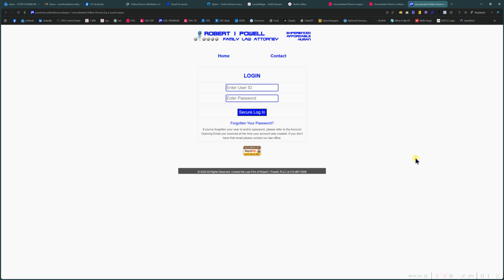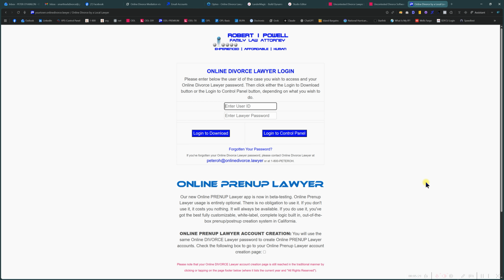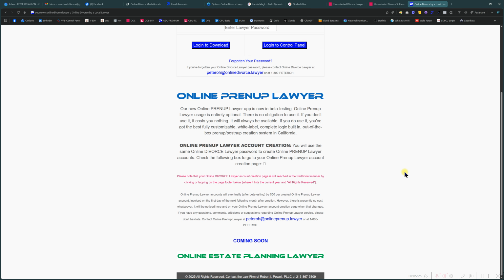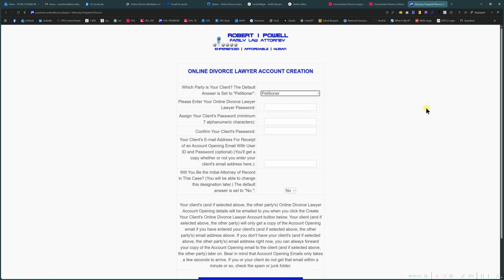Okay, back to the client login portal. Place your cursor over the footer. You can see that it's a link. Click on that link and it will take you to the aforementioned lawyer login page. Likewise, drop to the bottom. The footer again is a link. Click on that link and it will take you to your